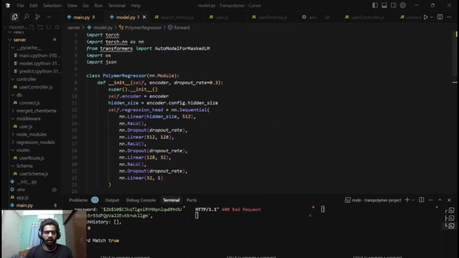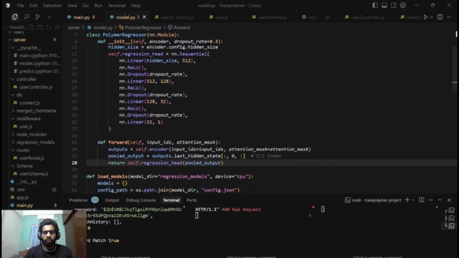I'm going to the model.py code. Here's the main transformer architecture where we import our libraries. And here's the part where we predict our six properties. For each property prediction, we use class PolymerRegressorHead and we inherit nn.Module. We have a dropout rate of 0.3 and we have the hidden state going from 512 to 1 in reverse order. And we have an nn.ReLU. We use the ReLU activation function for nonlinearity. And to extract the hidden state, we use CLS tokens, which is a common method to extract the